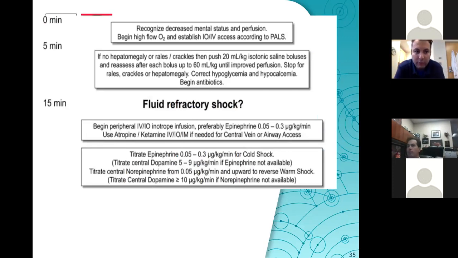So that moved me through the first 15 minutes. After I give 60 ml per kilo, do I have fluid refractory shock? If I do, I need to go to a second arm, which is to start the child on a blood pressure medication. That usually doesn't require a central line placed in the ER, but if the child cannot get an IV or IV positioning is difficult, you may elect to have a